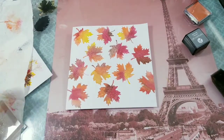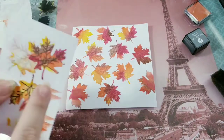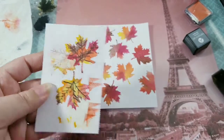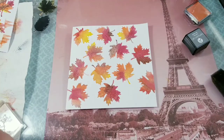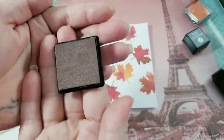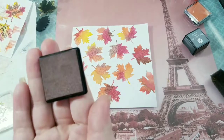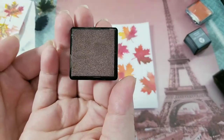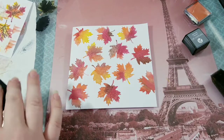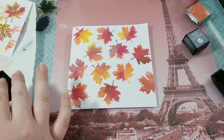So I think I'm going to go with this one. It is a little bit darker. I know you can actually see like 2 stamps there, but it is a little bit darker and I kind of like it. So we're going to go with it, and it is creamy. As you can see, oh my goodness. This video might suck, guys. It is creamy, so I'm going to assume it's a pigment, and it's definitely going to stain. Pigment usually does stain,